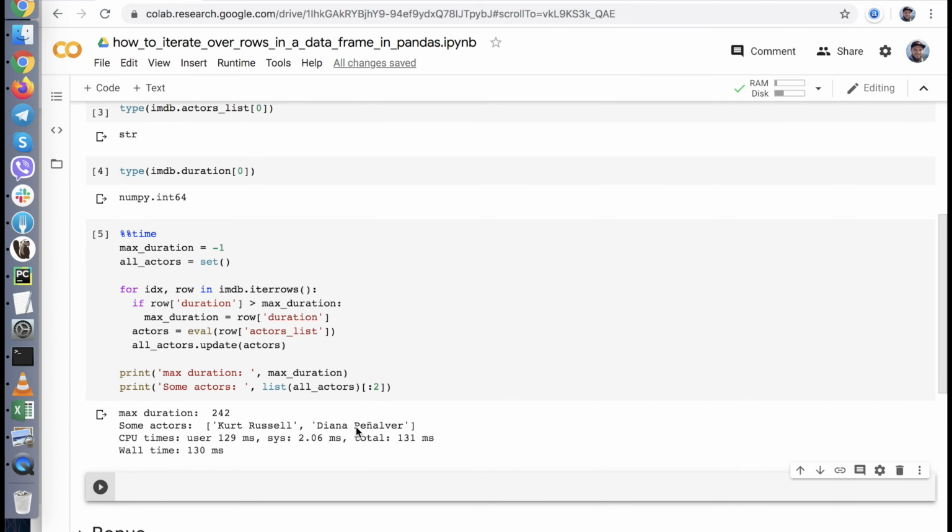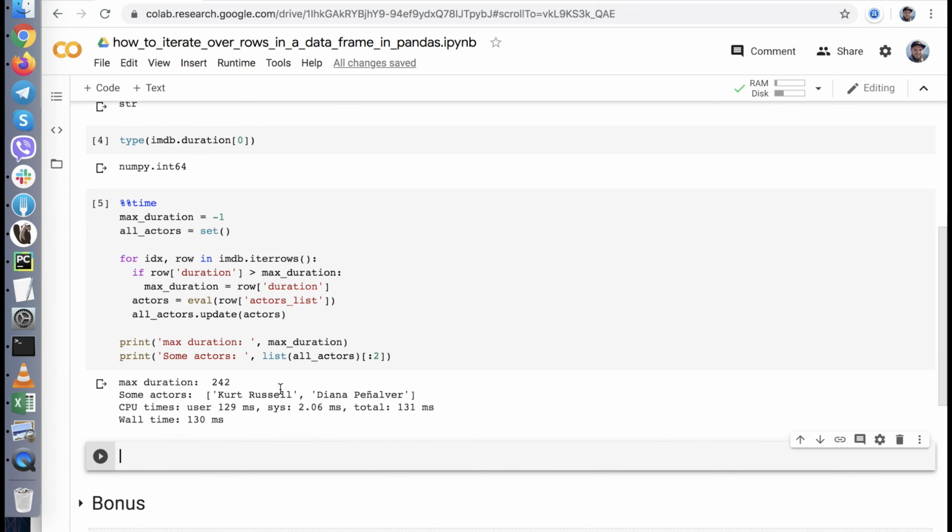Here is an example of what can be extracted. And then we add the actors to the set. And finally, we print the max duration and the sum of the actors that we have extracted. This is not the most efficient way to do this operation, but we will use it to demonstrate the disadvantages